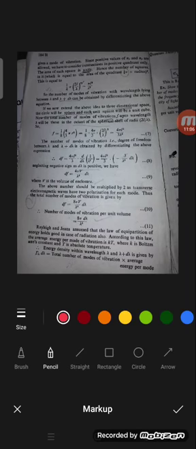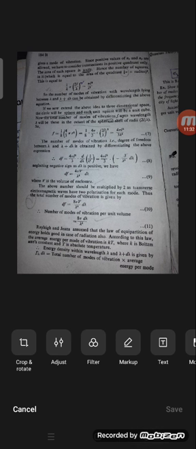Now we differentiate this equation. What will we get? For the differential, we get dF is equal to, differentiating with respect to lambda, 4 pi L by 3 will remain the same, then d by d lambda of 1 by lambda cube. Then what will we get? Minus 3 by lambda power 4 into d lambda. So finally dF is equal to 4 pi V by lambda power 4 into d lambda, where V is the volume of the enclosure.